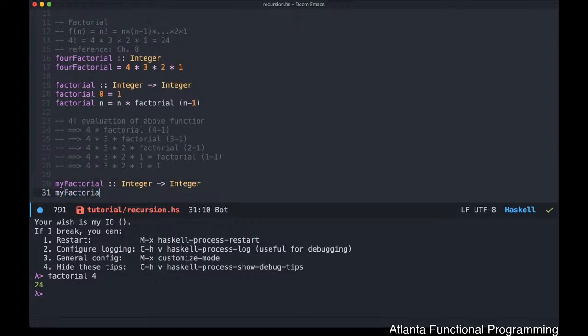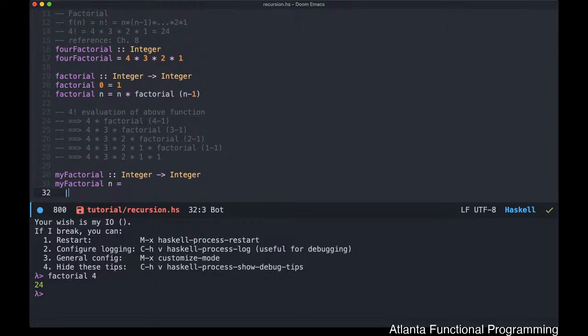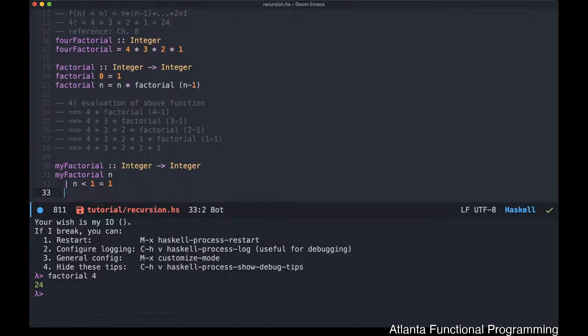So you could write this and say if n is less than 1, you provide 1, and otherwise n times factorial, sorry, not factorial, my apologies, my factorial